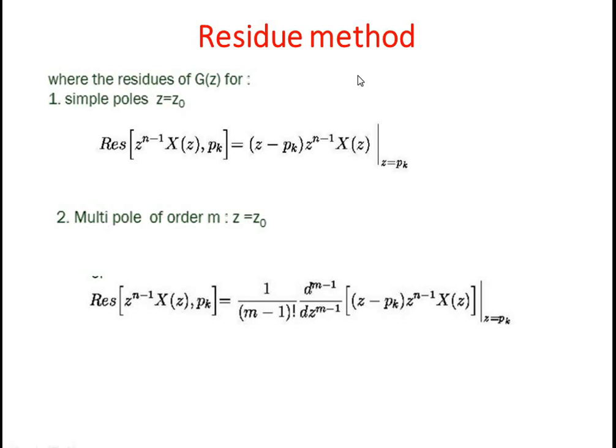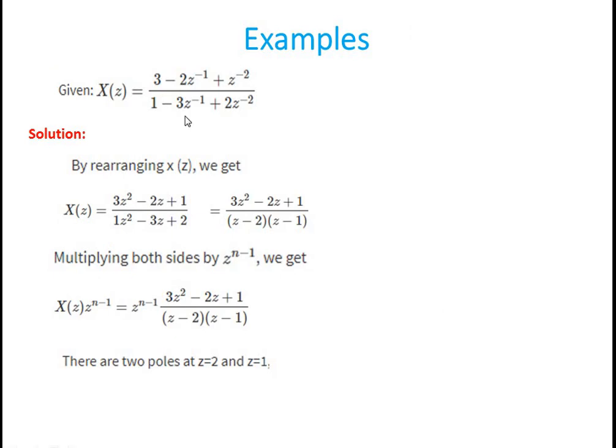The second formula is for a multiple pole of order m. In partial fraction we had to use the formula repeatedly for finding the repeated poles. But here, if you have a repeated pole of order m, we use this formula only once in the entire problem. It is the same formula, but instead of n number of terms, we use it for only one term.